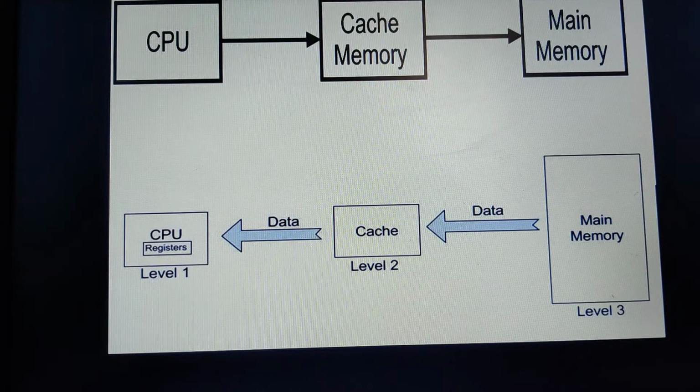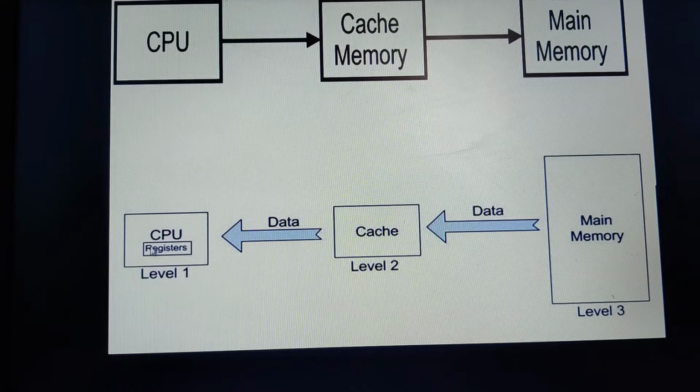So let us continue with the typical configuration of computer system. In our previous video we have discussed the registers and the cache memory. So just within 2 seconds we'll have a glance at what exactly the registers and the cache memory we had discussed. So these registers are the high-speed temporary storage memory.